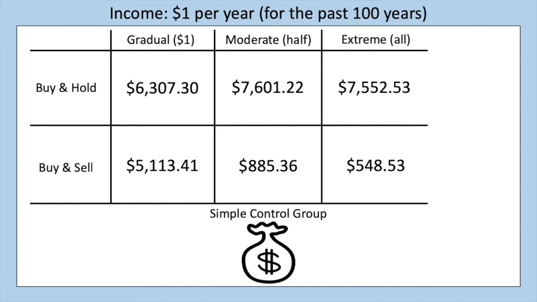100-year period. But of course, the natural question to ask is, how do any of these numbers compare to the control group, which simply invested every dollar without even looking at the price chart? Well, here's the answer. The control group does better than all 6 investors, ending up with a worth of north of $7,700 over the 100-year period.